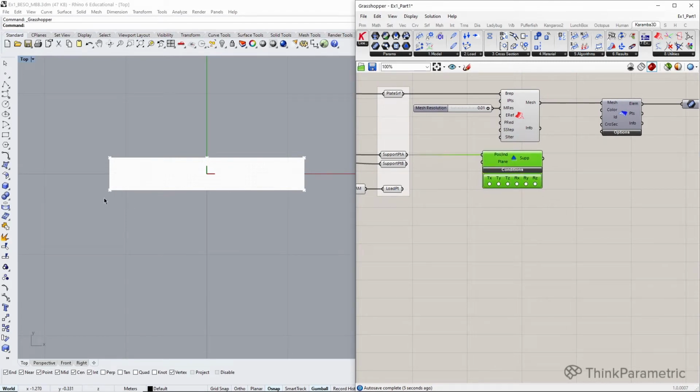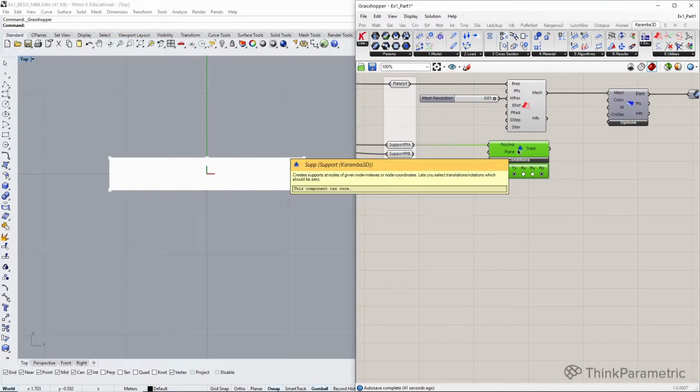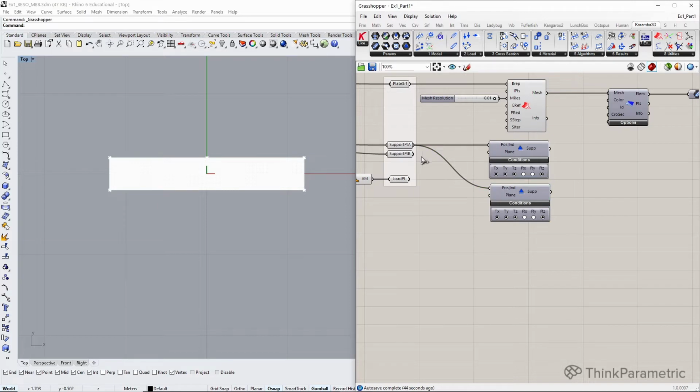This support cannot move in this direction, and of course, because this is a flat plate, we need to also lock the translation in Z direction. Let's lock these three components, a free condition, degrees of freedom. And also for Karamba, because it's a flat plate, we need to lock the rotation around the axis that is perpendicular to our plate. In our case, it's RZ. And then for the second support, we can just copy that and plug our B. But in this case, we need to unlock translation in X direction because our support can move like this. These are the conditions for a simply supported beam.